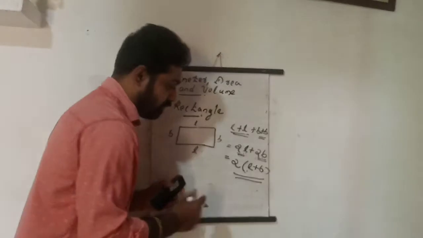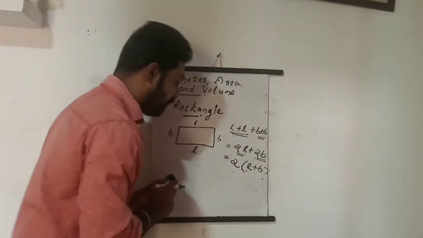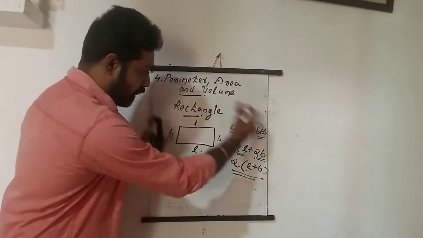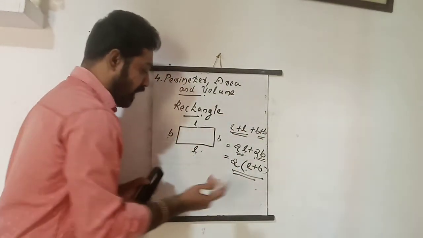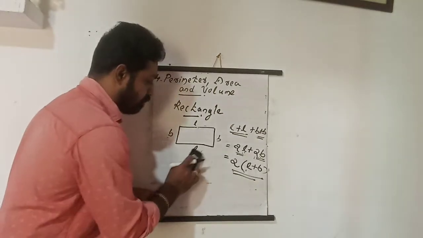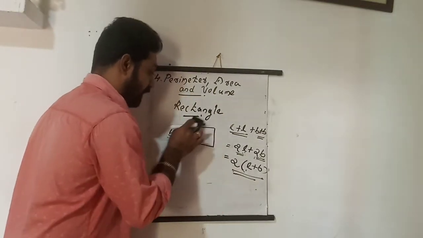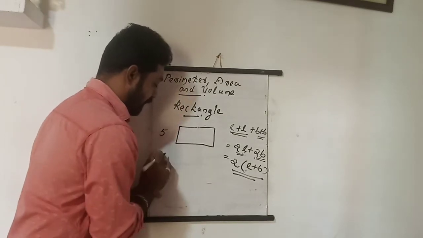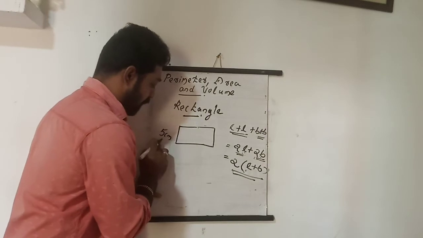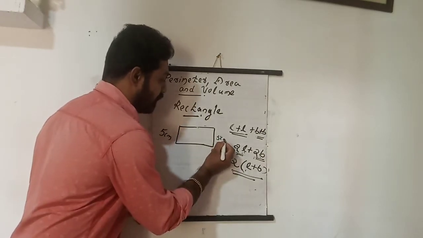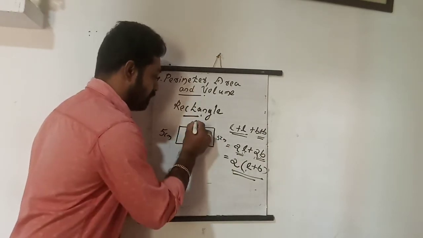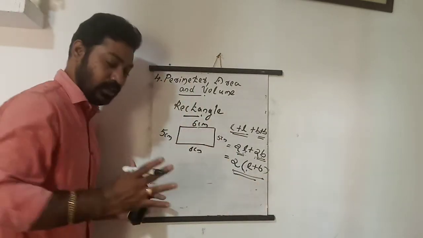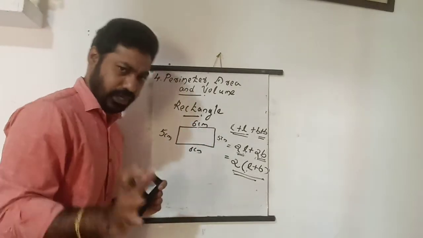Okay, one more thing. This is how we get the equation. I just explained how we come to this equation. When a question is there, for example, if you have a rectangle and its measurements are given, for example, the breadth of the rectangle is 5 centimeter. So breadth means here 5 centimeter, here also 5 centimeter, and like this 6 centimeter, 6 centimeter. You don't need to draw this rectangle.